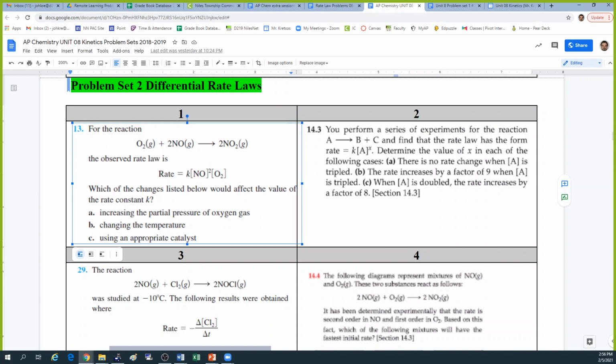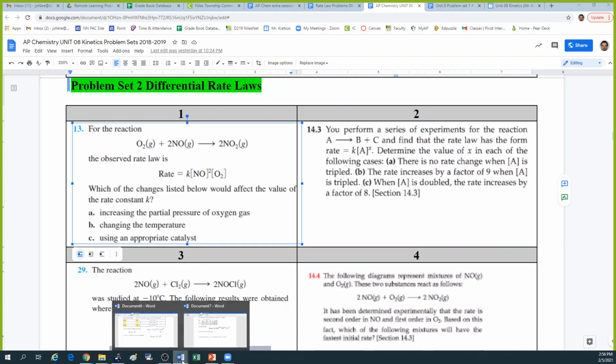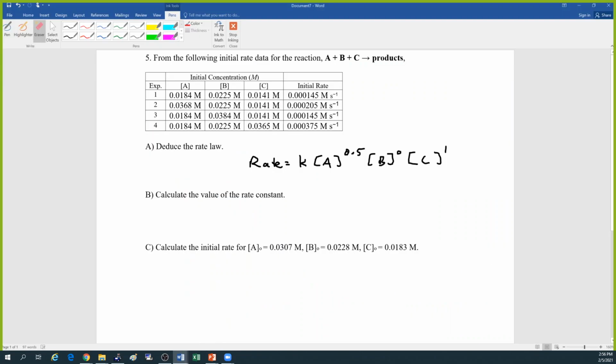So that was just a what-affects-k type question. Again, this is not the equilibrium constant. Sure, we can do that, and then we can verify it with Kirsten's number. So if we were going to calculate the rate constant in this one,